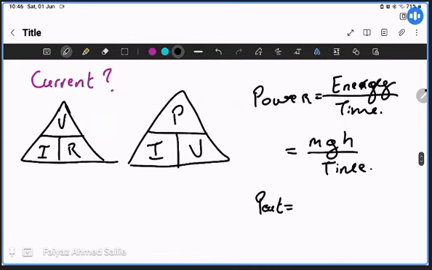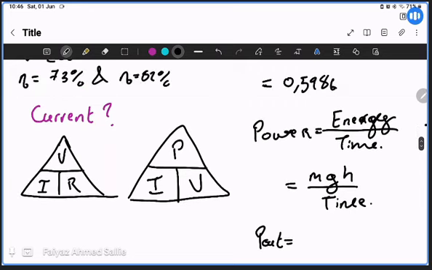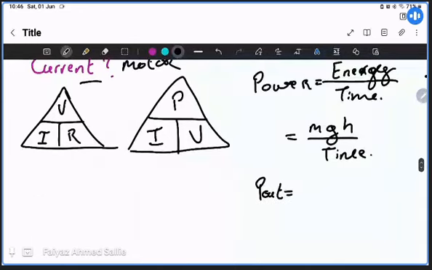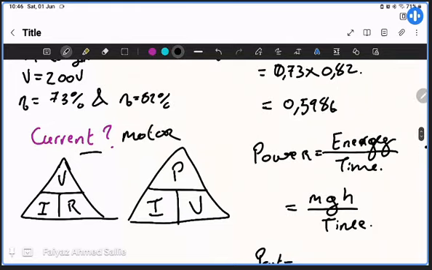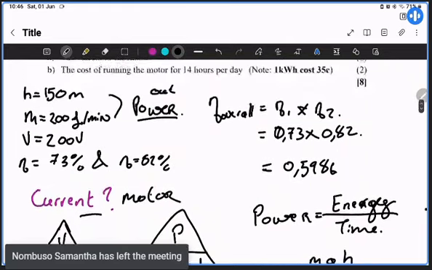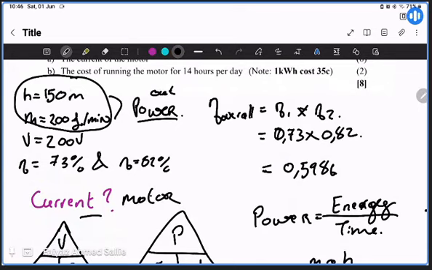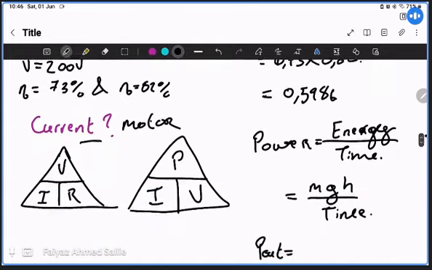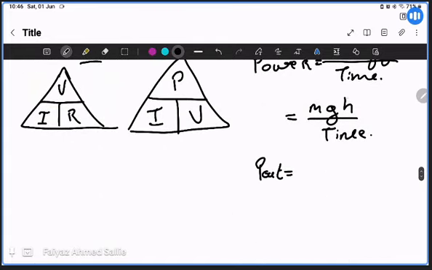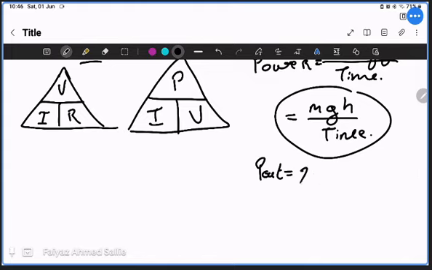Okay, so we are finding, the question states that they want the current of the motor. So we first need to find the power out before we can find the current of the motor. And they have provided us with the height and the mass and the flow rate, and we're going to use this equation to get the power out. So we have 200